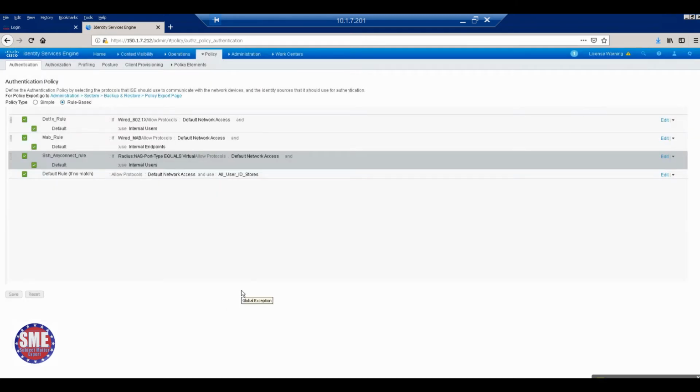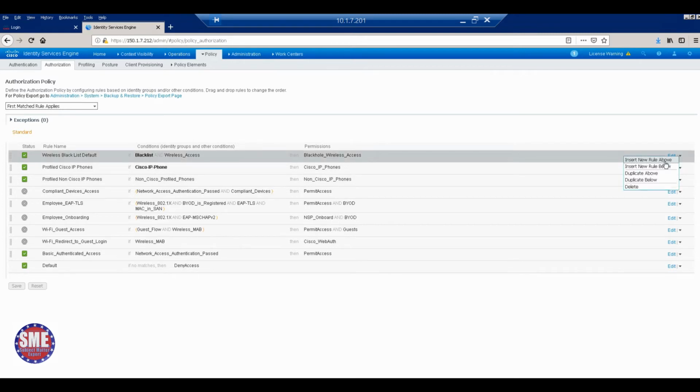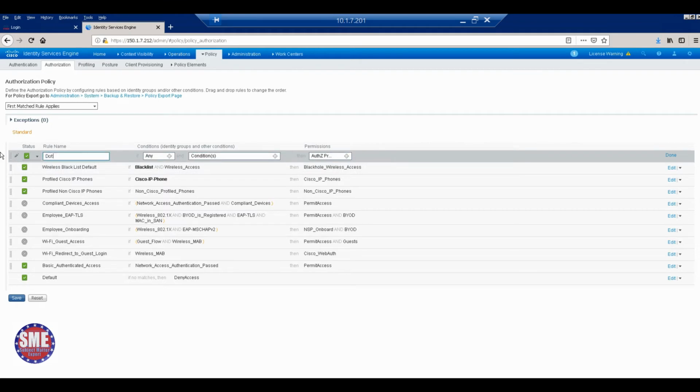Five sections, right? Okay. Now authorization. How many authorization rules? Six? Five only, right? Dot 1x, MAB, IP phone, AnyConnect, SSH, AP rule. Six rules are there. First, which one? Insert above first. Create .1x first and below create the remaining rules.